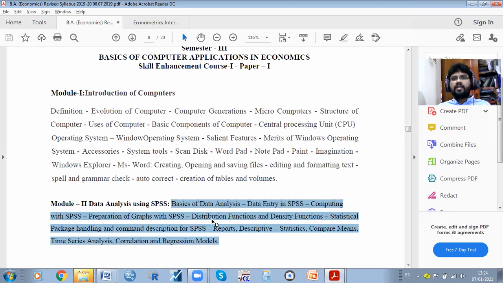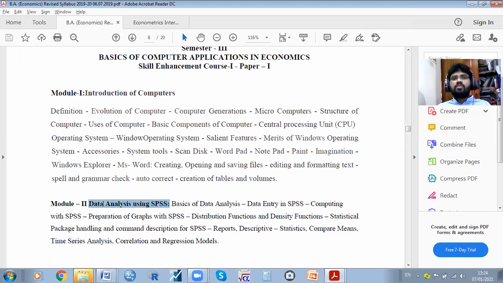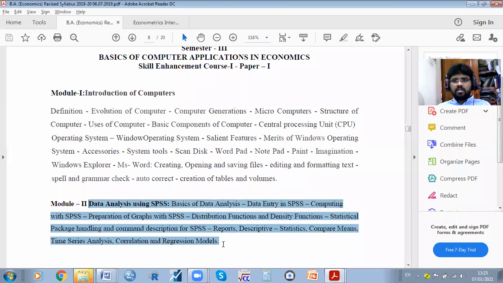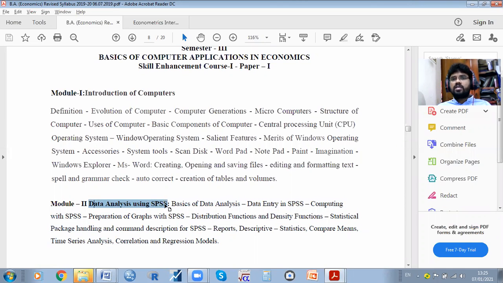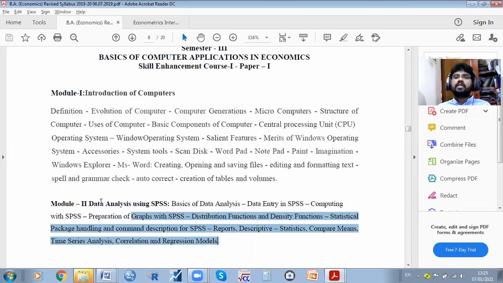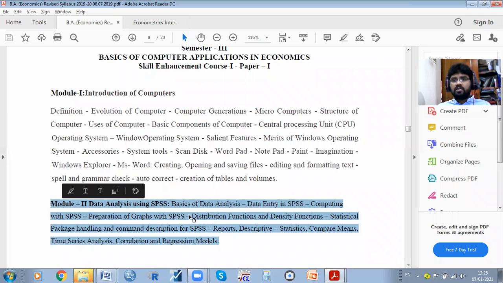After 6 o'clock, I may take the class on SPSS. This is very important for you compared with the introduction to computer; it is very important for data analysis. It may be useful for PG project work, MPhil, PhD, or any other research purpose, or after PhD, for any analysis purpose. You can use the software SPSS. There are also data analyst posts, so if you learn SPSS software, you can get a data analyst job too. This is very good, so I will explain today. Please try to understand, all students. Okay.